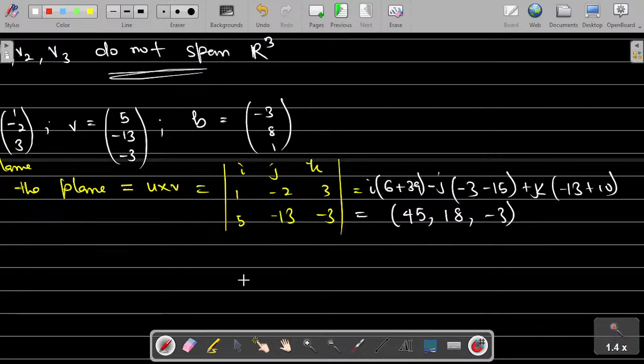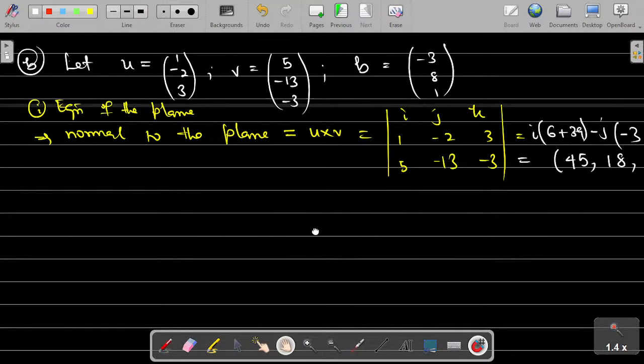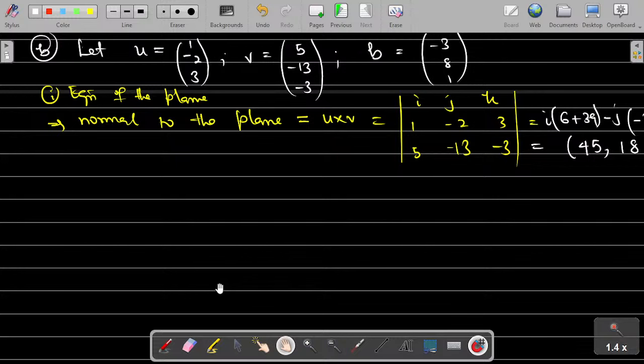All right, and you know that to get the equation of the plane from the normal, you will now make use of one of the vectors. Since the plane passes through the origin, which is 0, 0, 0, our equation will be given as your normal, which is 45,